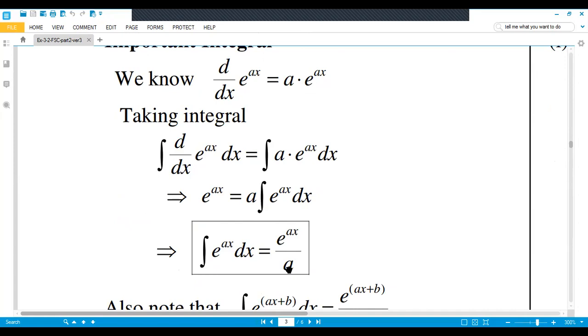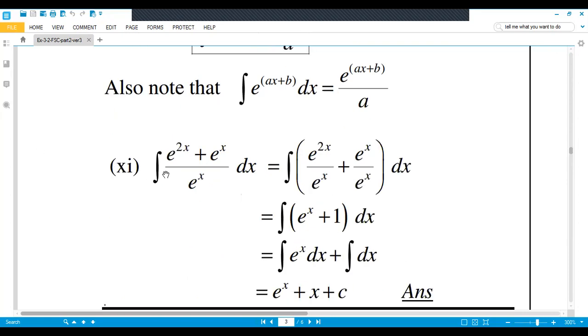In derivation, when we take the exponential function derivative, the exponential function stays as it is, then the further derivative of the power comes in the coefficient. But here in integration, the exponential function stays as it is, and then you take the further derivative of its power, and that further derivative value will come in the division, not in multiplication.